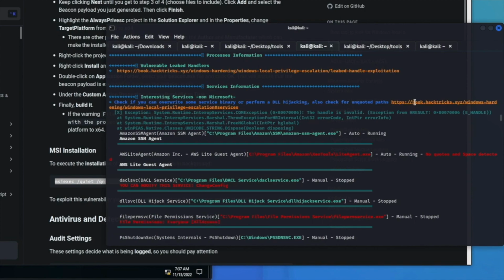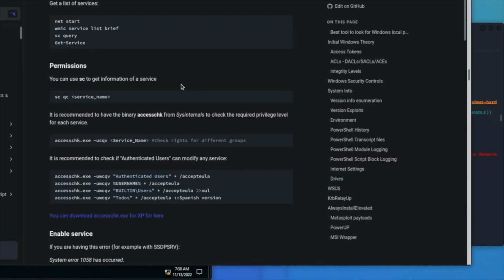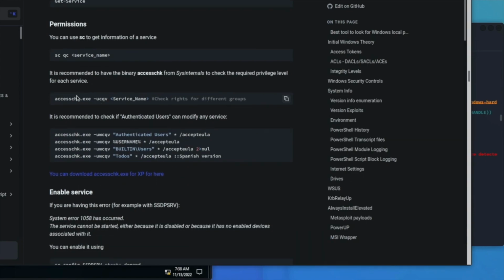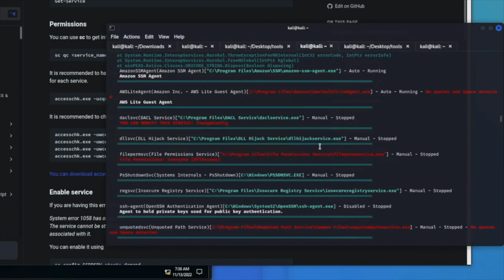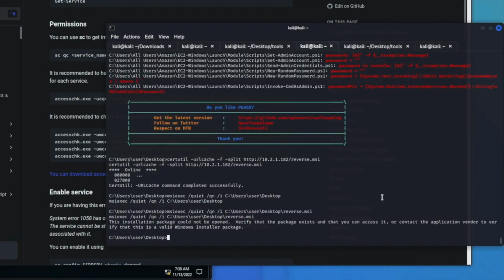So if we do the same thing we did before and open this up, it will tell us what we can do with it. And so we can run this right here. We can put the service name, and then we can tell it that we want it to run it. So we need to move our reverse shell into the path, because everyone has the ability to write to this. So what we can do is come back to our bottom here, and we can type in our copy and then our current path to our reverse shell, which is on our desktop. So we can copy this, paste, and I think we called it